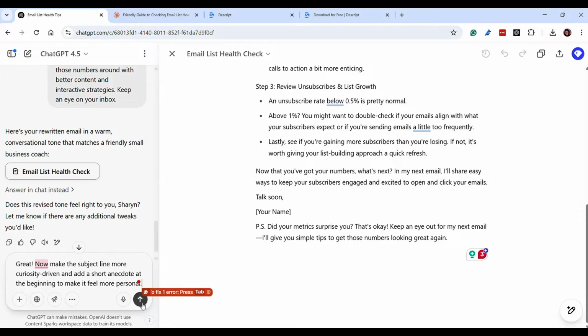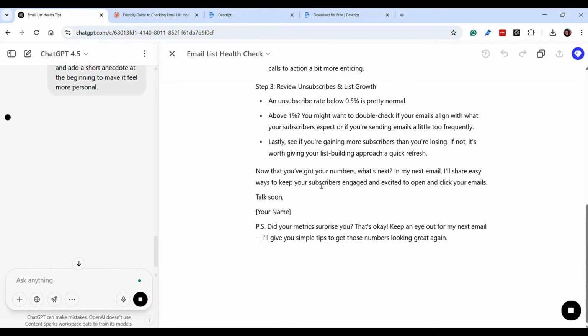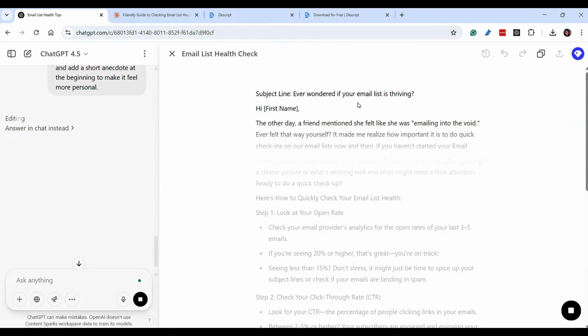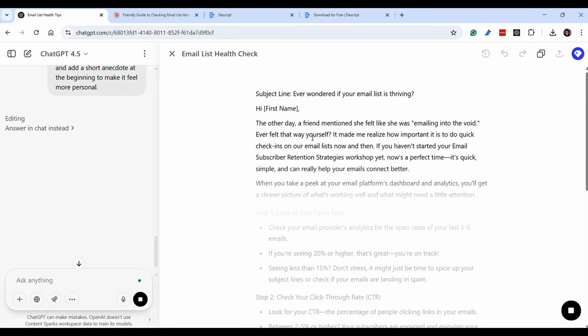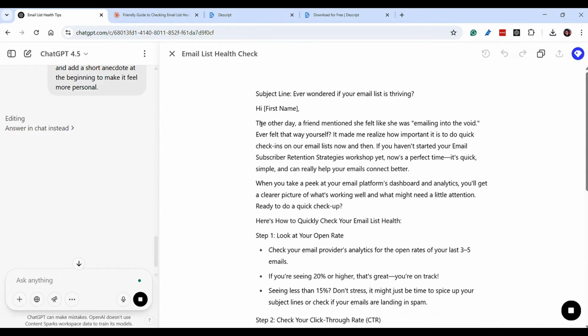Obviously, it doesn't know your personal anecdote, but it'll give you ideas. So I'm going to click that and see how it edits it. It's editing right inside that same canvas and has overwritten what was there before. So if you do want to keep any previous versions, tell it to create a new version. And you can see it's added,